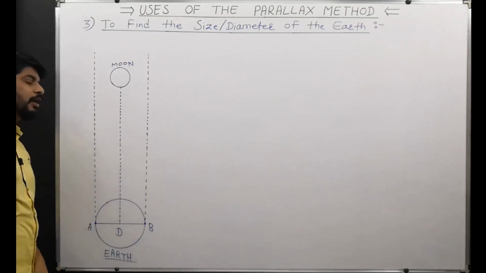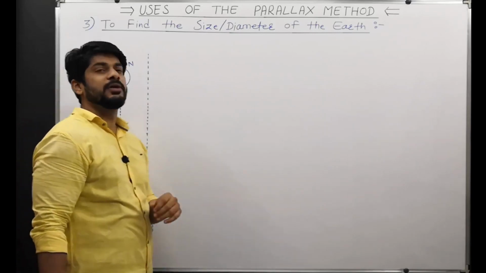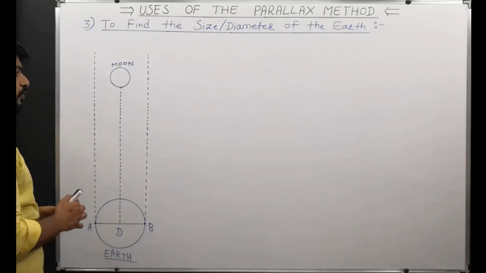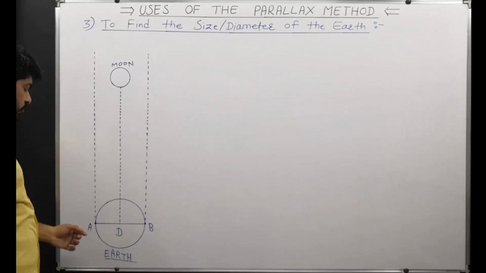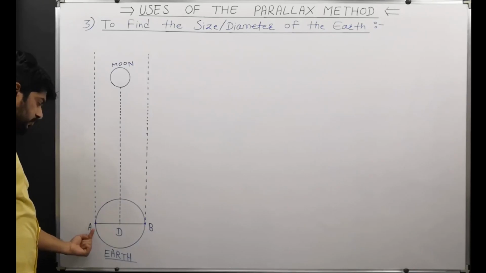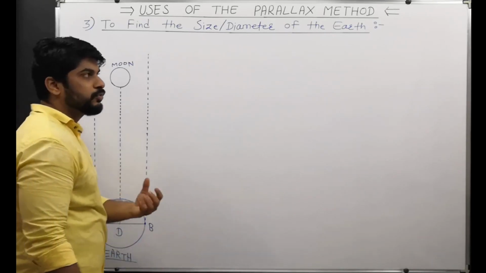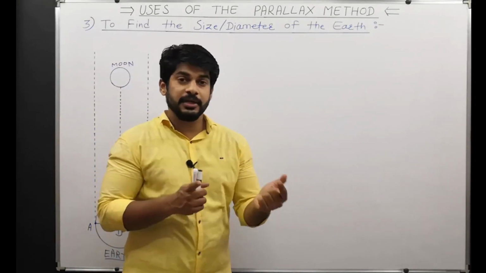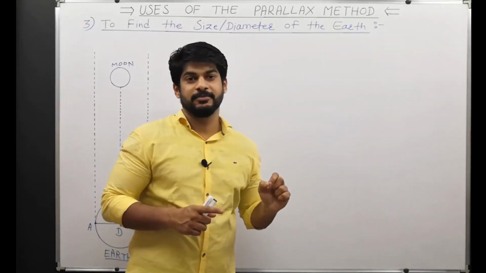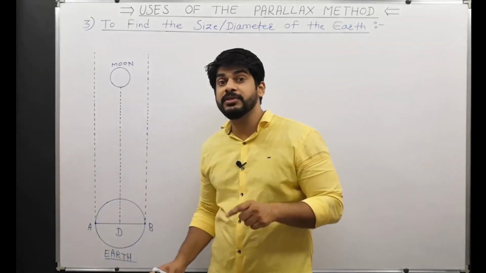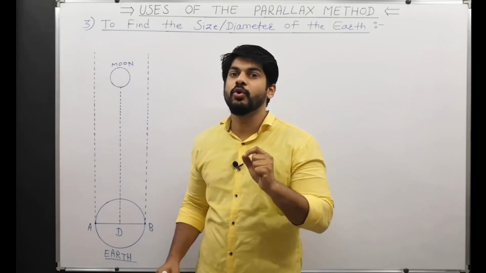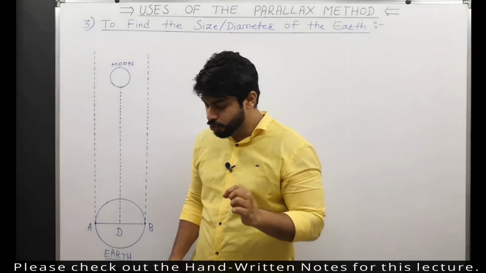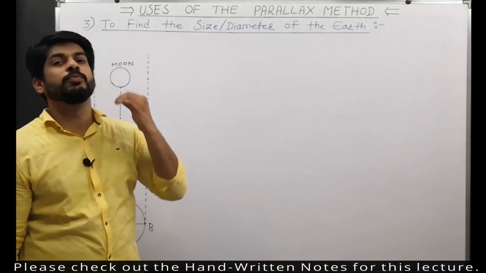So let's see now how exactly it is done. What is the simple procedure over here? If I go with the research methodology, then at A and B, 2 observatories are built. At these 2 locations, observatories have to be built with very strong, very powerful telescopes in them, telescopes which can observe distant objects also.